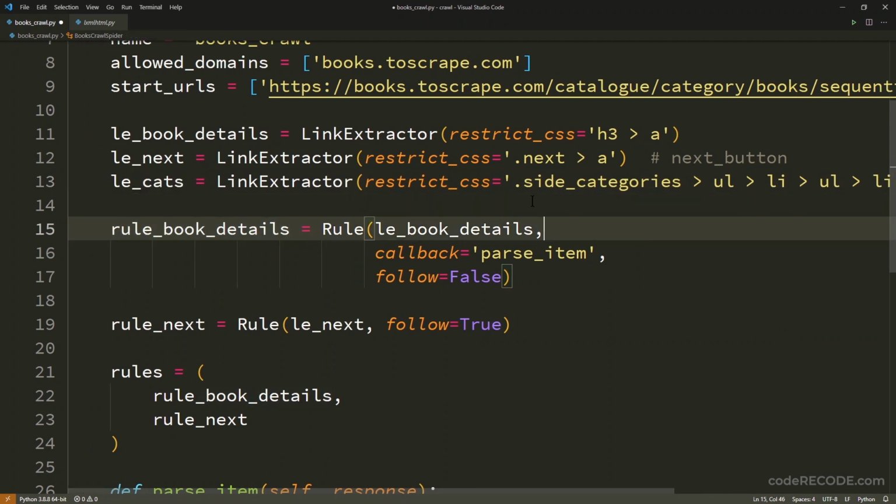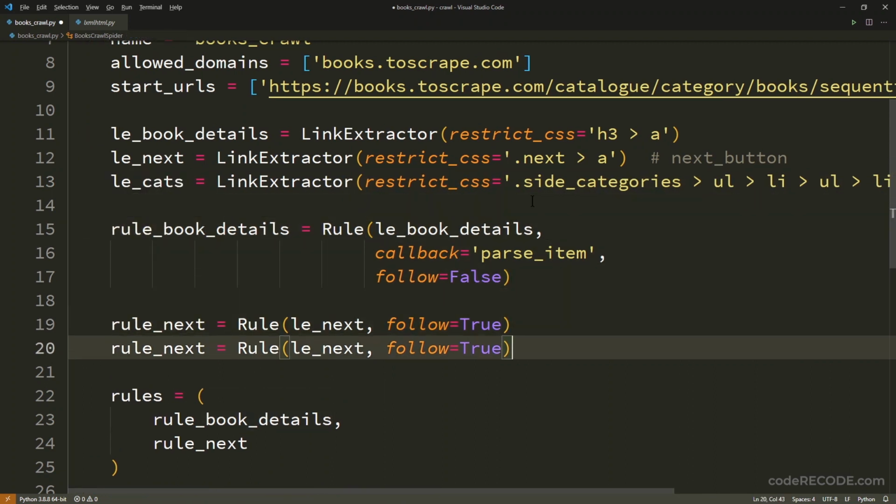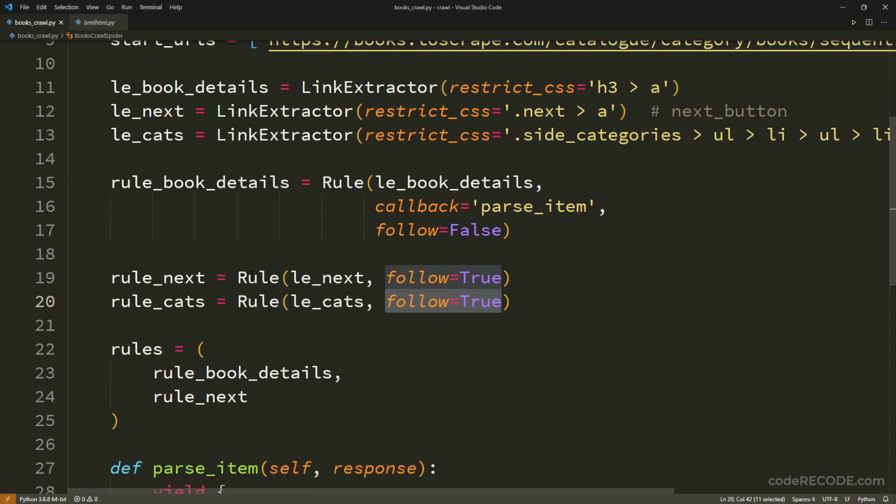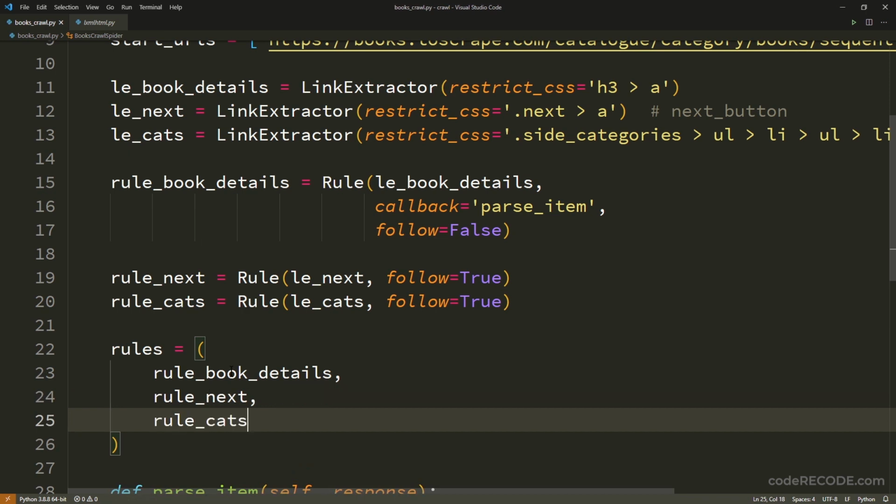And now we need to create one more rule, and this rule is going to be rule cats, and this is going to take the reference of this. And of course we want to keep follow as True, and we don't want to add a callback because callback is only for book details. So now finally we are going to add this to our rules.